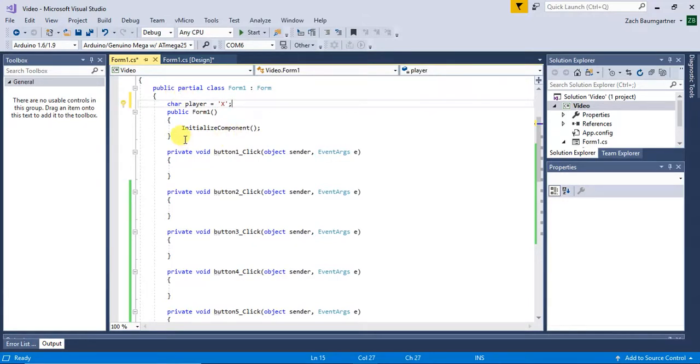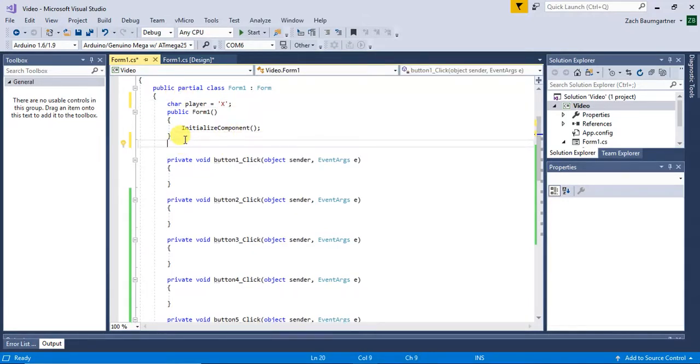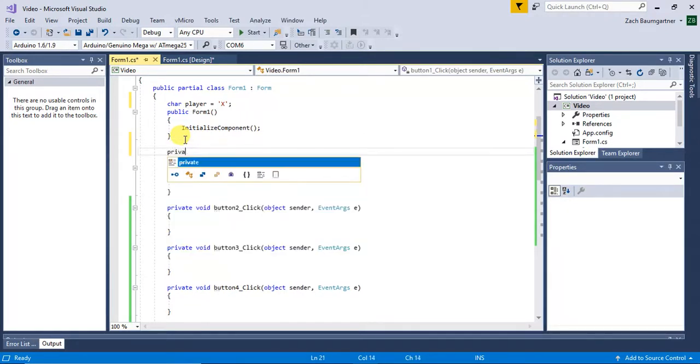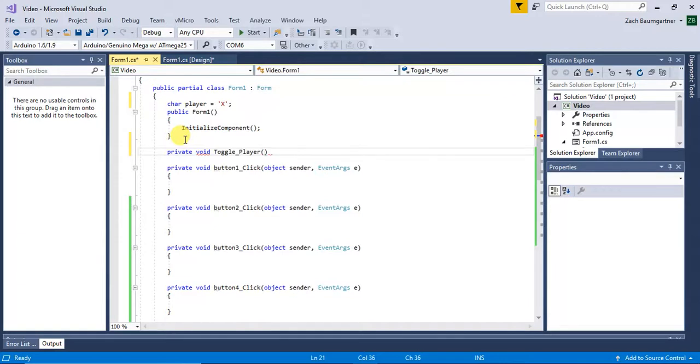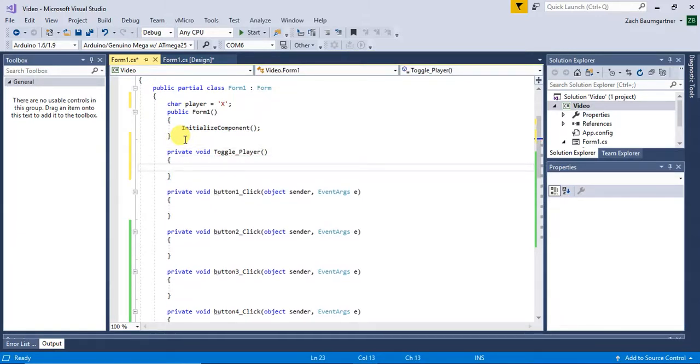And then what I'm going to do is toggle player, which will be called every time somebody places a move, to keep on toggling the player back and forth. So we're going to do methods, which we haven't done yet, so it's pretty easy. And here it's just private void toggle player, and then